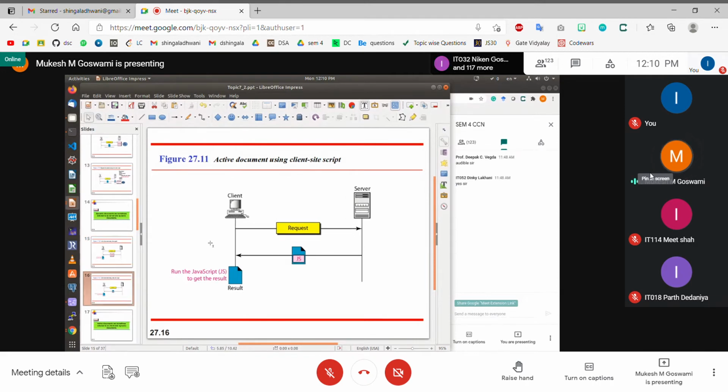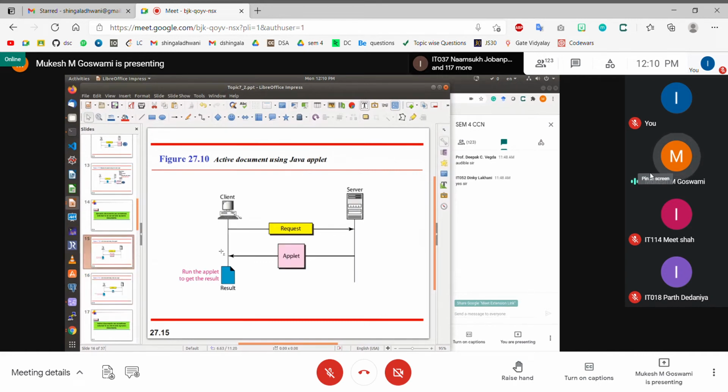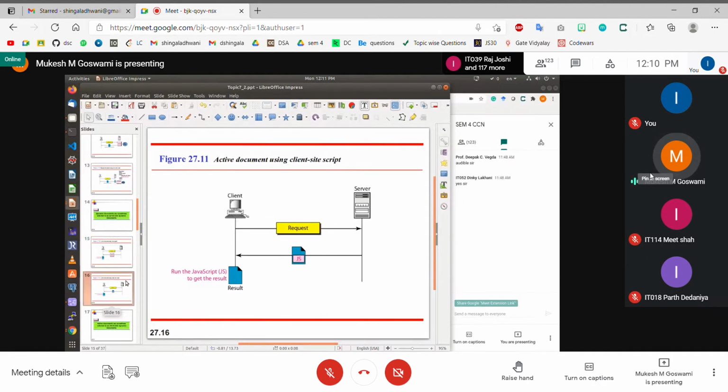In this case, it is fully integrated inside the client browser, and therefore the browser does not require any other external agency in order to run and execute this particular program. So this particular scripting is called JavaScript. Remember, JavaScript is a programming language, but its structure and syntax are very different from Java. It has nothing in common with Java, except the name. Otherwise, they are two totally different programming languages and two different programming paradigms. So that is what it is.